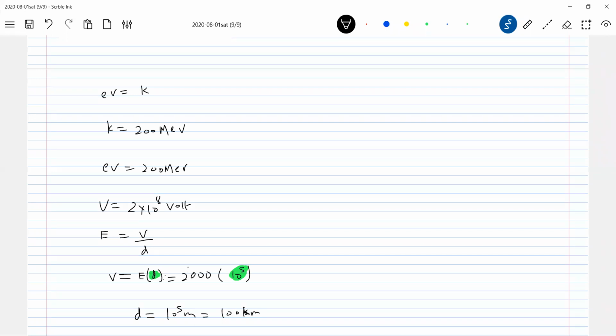So what should be your equipment? I should have an electrostatic equipment whose electric field strength should generate 2000 volt per meter, and the field should extend till 100 kilometer. Practically possible? This is absurd, no? So what is the biggest headache that will come? The distance d will be troublesome. It should be as small as possible.